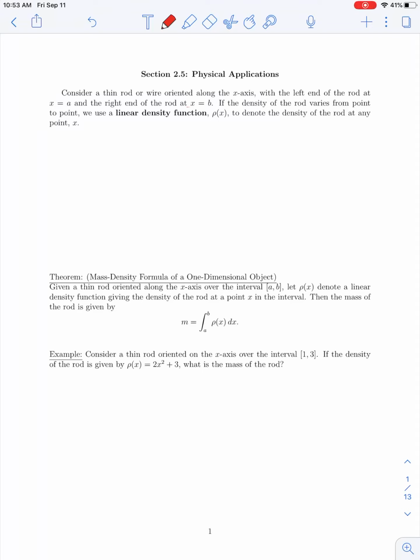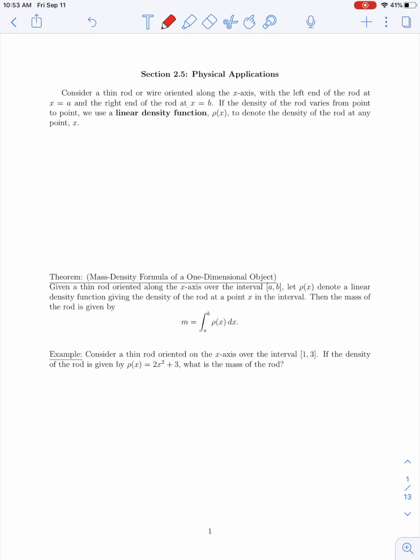Okay, in this lecture we're going to start our section 2.5 material on physical applications of the integral. Now throughout this section we're going to be considering several different physical applications. So I'll break up our lectures into small pieces over each type of application that we'll consider. And in this first part we're going to be considering how to determine the mass of some object that has